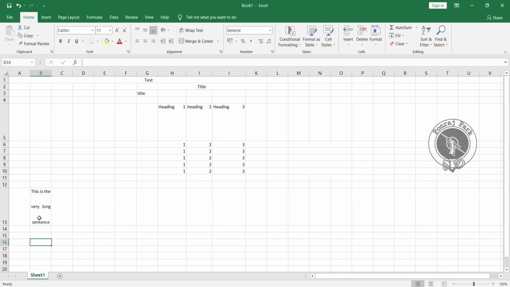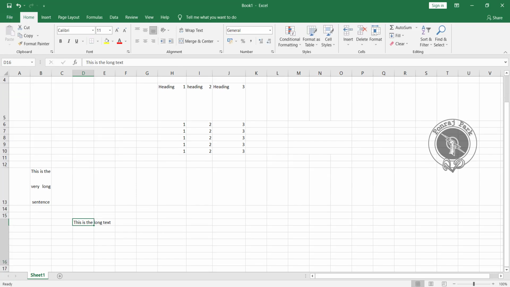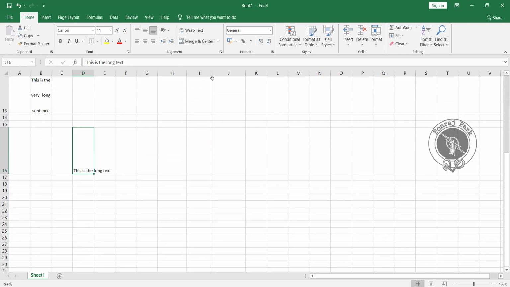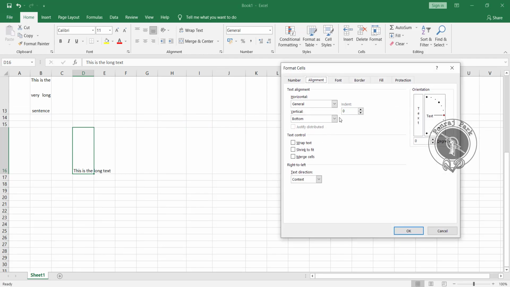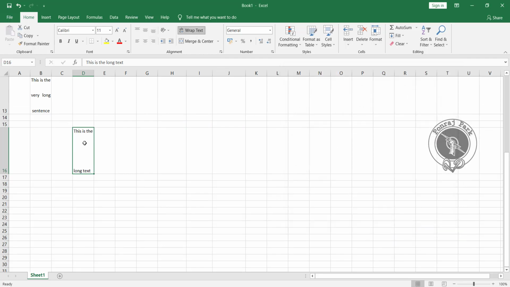So like this. So here suppose I write here, this is the long text, okay, and I simply increase the size. So you can see now here in the vertical way it will distribute that. Okay, it is distributed vertically.